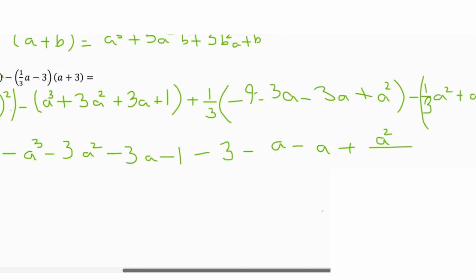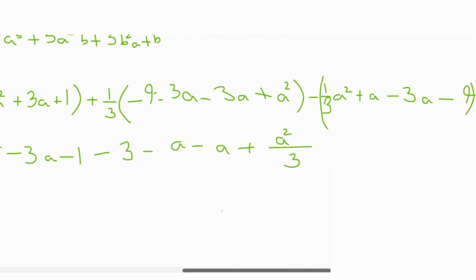out of 3. And right next to it, before you start getting worried, there is another a square out of 3. I know that a lot of students get scared when they see fractions in the question and also with a variable. So don't get worried. This one is gone, and the one in the beginning will be gone as well. So don't worry. It's not a difficult question. It looks like a difficult one, but it's not.